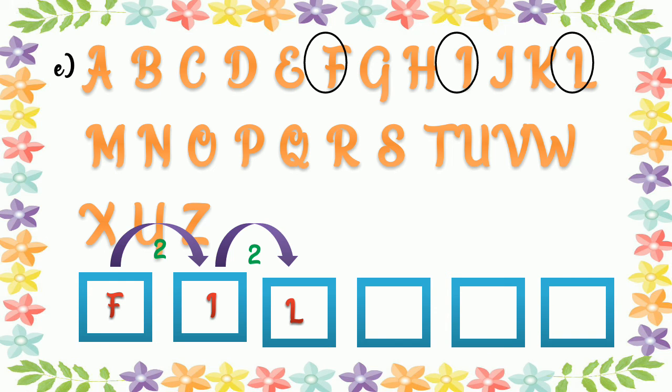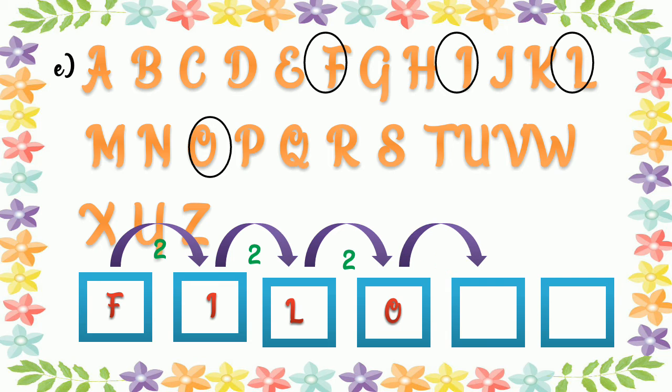So now which is the next answer? So we leave M and N. So two letters we leave, then we get O. O is our answer. So we write O here because O is the right answer. So now you all understand which letter comes next. So it's a two gap. So we leave P and Q.